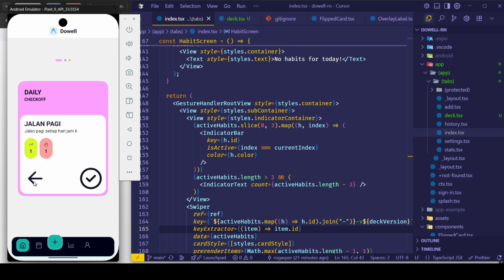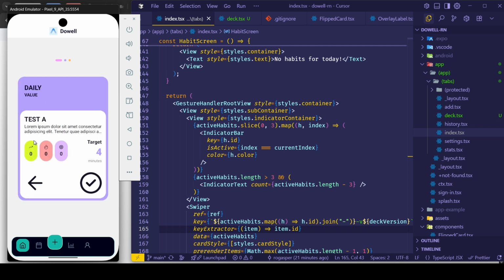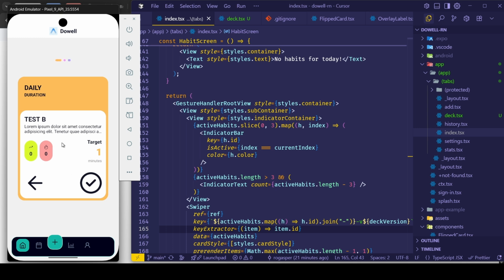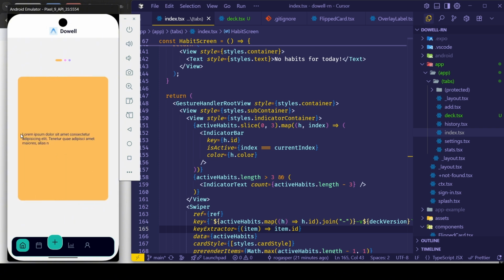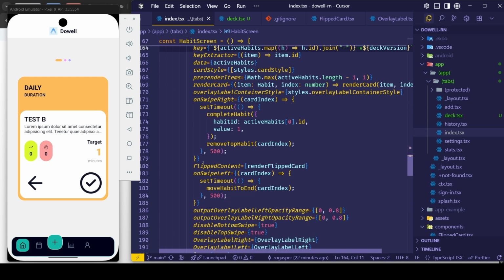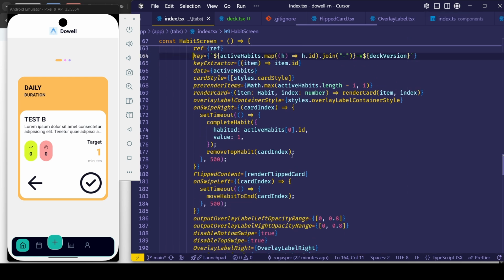inside the card. So if you click on the left side, your card will swipe to the left. If you click in the middle of the white container, you can flip the card and see the description. So this is a very basic example. This is an example of how I can configure it myself.